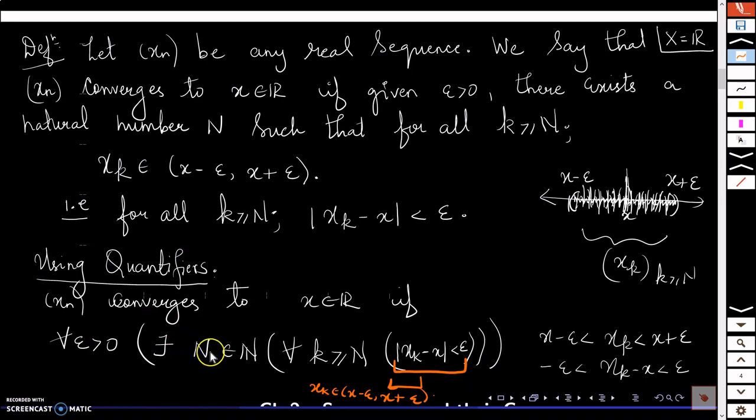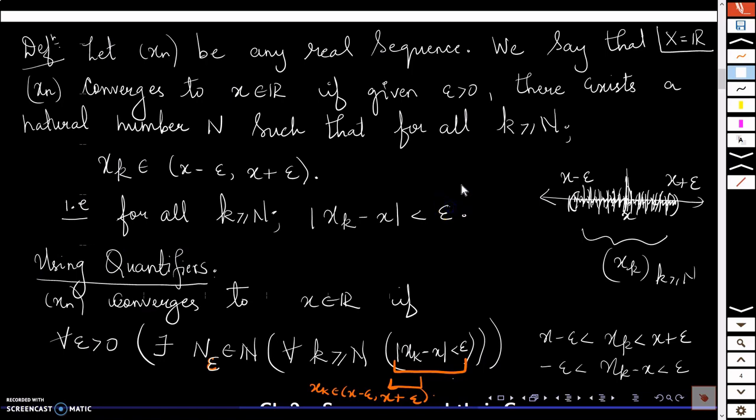So this natural number capital N which we are finding entirely depends on this epsilon. And sometimes to show that dependence, we just write small epsilon here as a suffix. Because with different epsilons, the value of this natural number n will change, as we will be looking at in the examples. When I reach there, I will tell you why I am putting this epsilon here. So it only shows the dependence of this natural number capital N on this positive number epsilon, right? So using quantifiers, this is how the definition of convergence of a sequence looks.